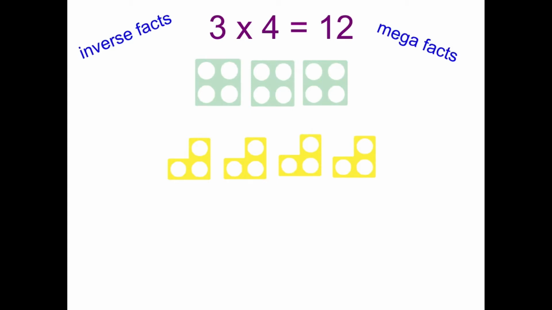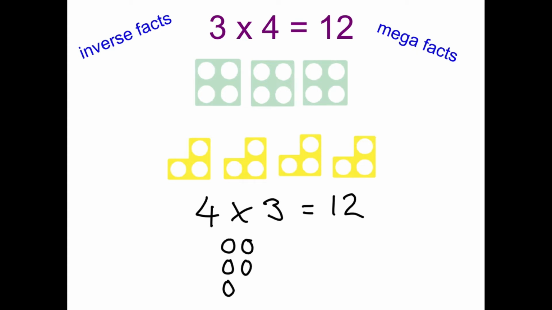Good morning, Year 2. So our fact of the day today is 3 times 4 equals 12, or 3 sets of 4 are 12, which is what the first picture shows you. And the bottom picture shows you 4 sets of 3 equals 12. But remember, now we've been learning about arrays, I want you to start thinking about all these facts as an array. So if you were doing 4 times 3,